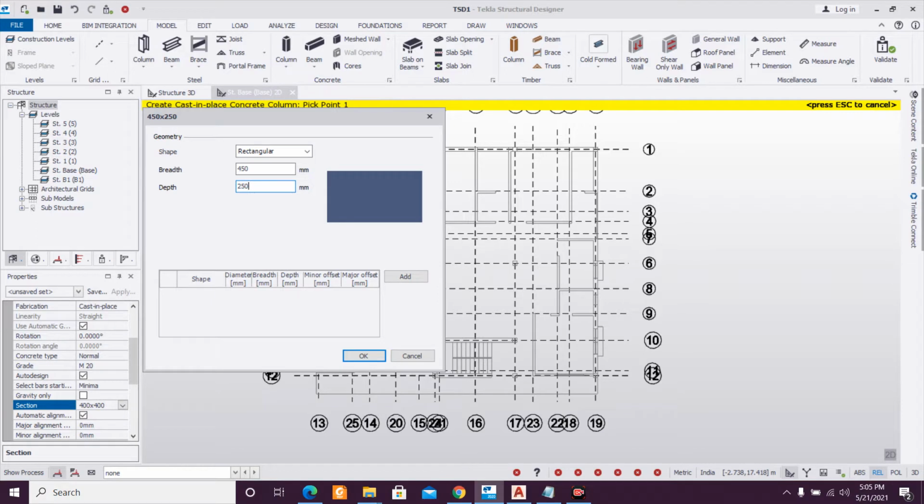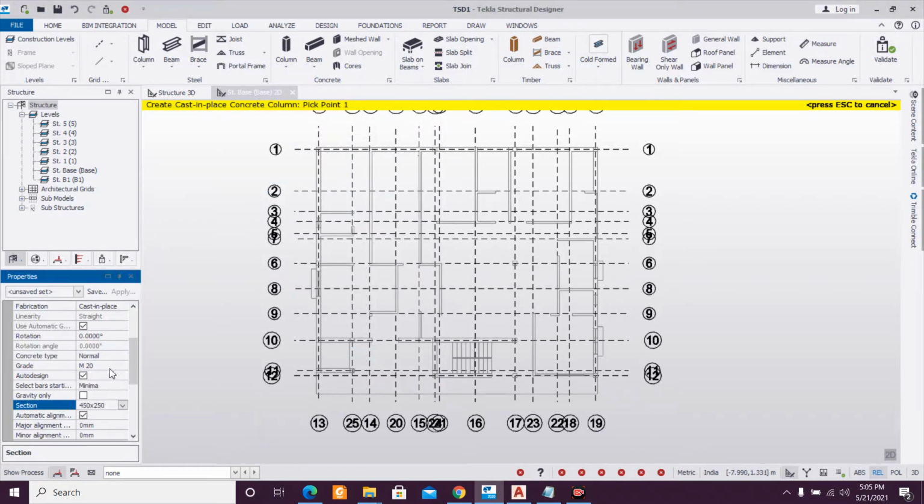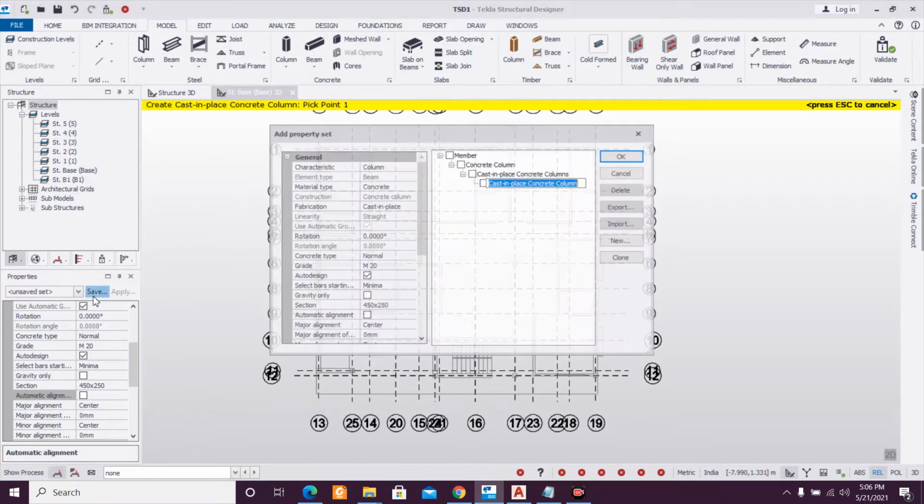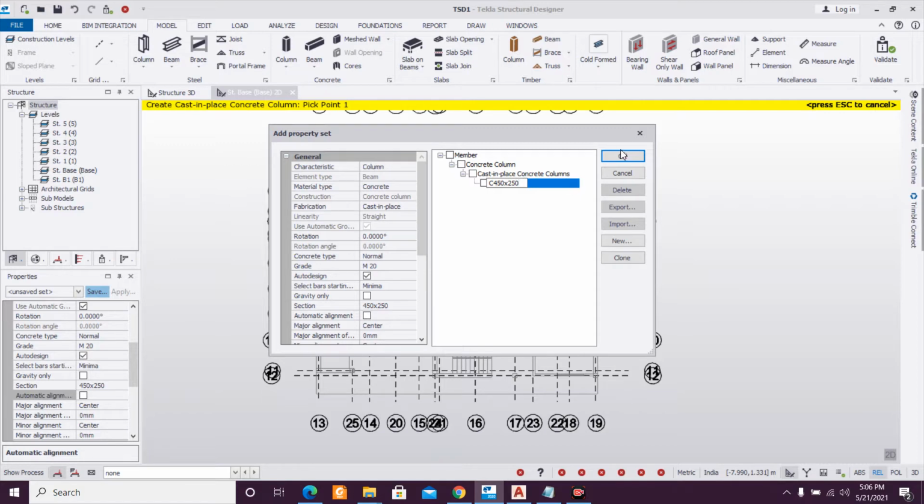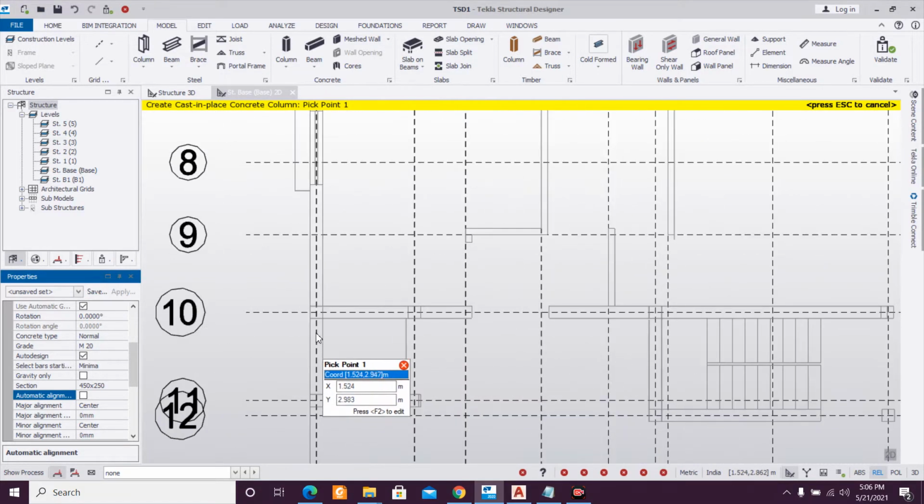I want to keep this size, and clicking on OK, and after that I'll search for the automatic alignment and turn it off. Where is it? Yeah, this one is automatic alignment. Turn it off and save this as C 450 cross 250. This is the size which I want to give here.